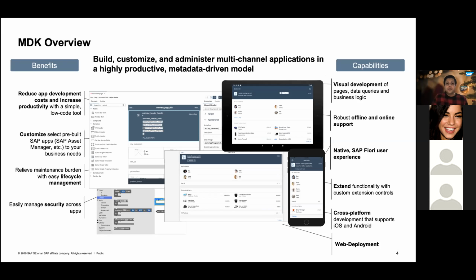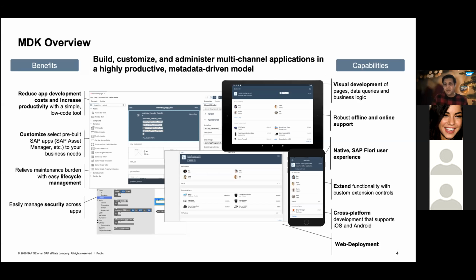So to develop this MDK application, we provide you various options. If you are in a Cloud Foundry environment, we have the MDK editor in Business Application Studio. In the Neo environment, we have an extension in SAP Web IDE. And for professional developers, we also provide an extension in Visual Studio Code, so you can develop and build MDK applications locally. The benefit of developing MDK apps in BAS and Web IDE is there are visual editors and project templates